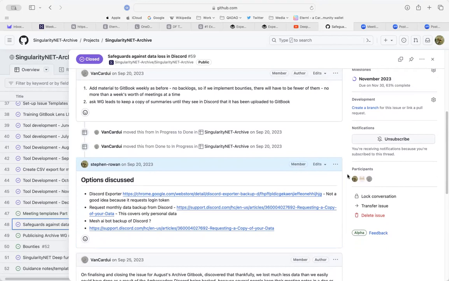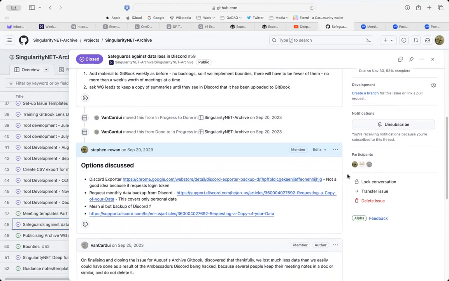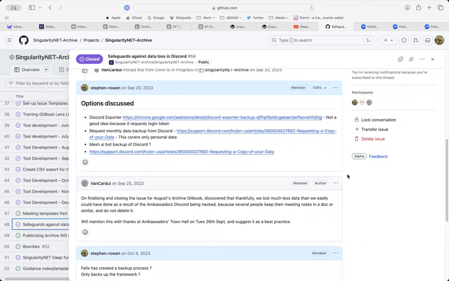I'm just wondering, should we? It's mentioned in the options discussed, I guess, although it would require a login token. I basically would like to have simply a dump kind of backup. Don't put any effort into it, but just in case we somehow get messed up, we can theoretically from that point on at least have something.